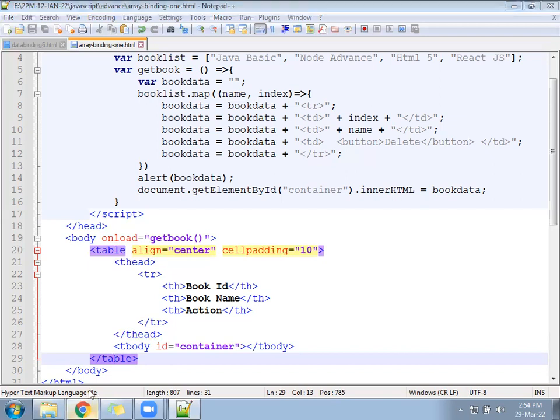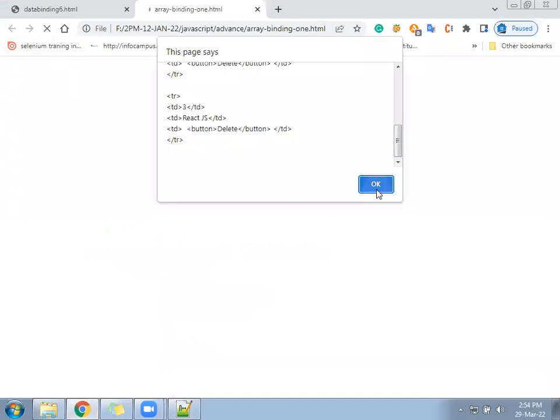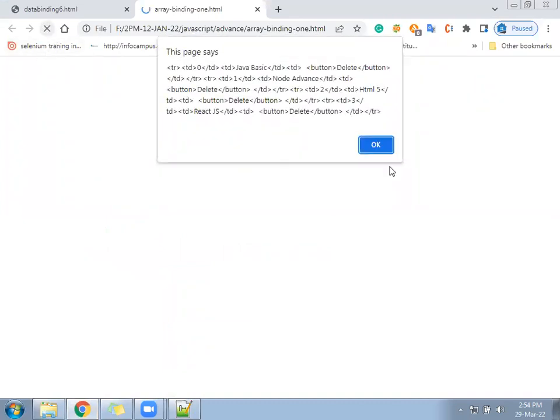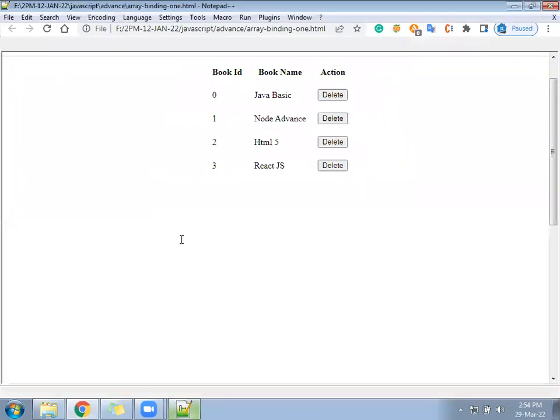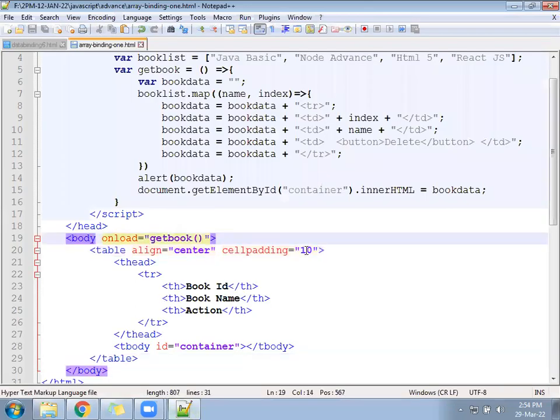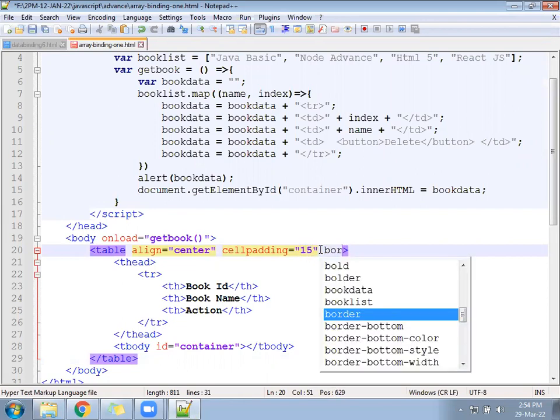So ready? Check now. Once you do OK, the list of items will appear here inside the table. Cell padding we can increase also, 1.5. Then you can write border as 1.